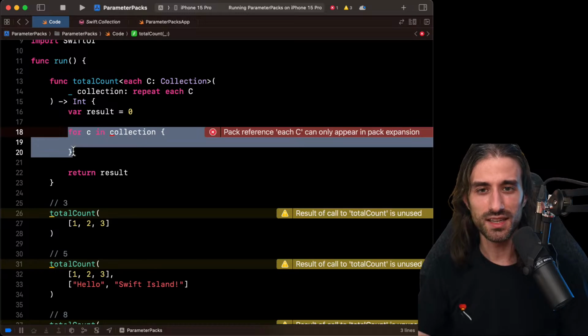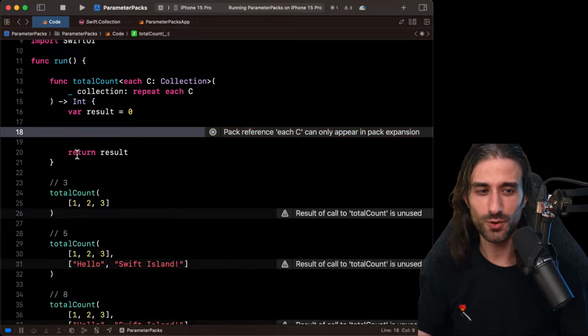What's interesting is that if you read the Swift evolution proposal this time for parameter packs, you will see that it says that it's still possible to iterate over the values of a value pack. And the way you do it is quite interesting.